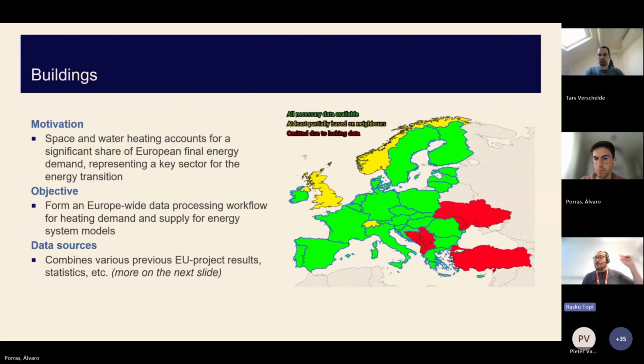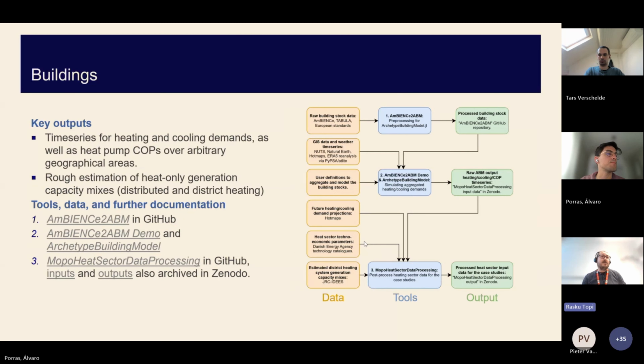So, Álvaro, please, next slide if you like. To highlight the key outputs from this exercise: they are basically time series for heating and cooling demands for the different EU countries, as well as heat pump coefficient of performance time series.